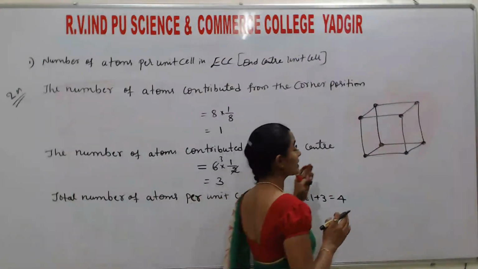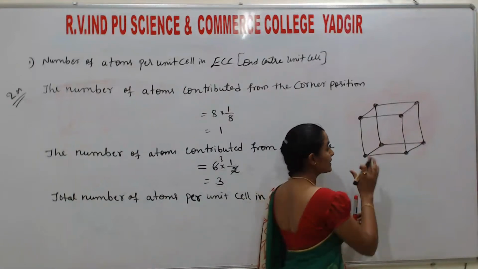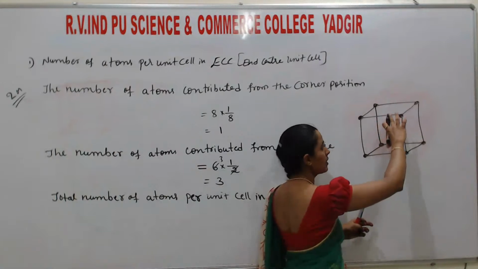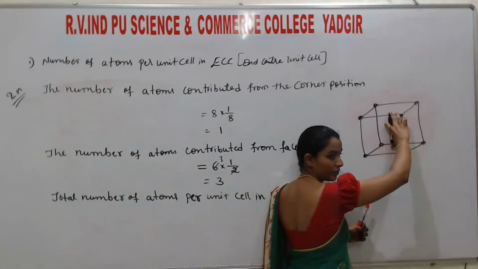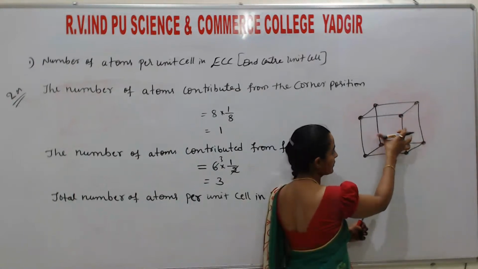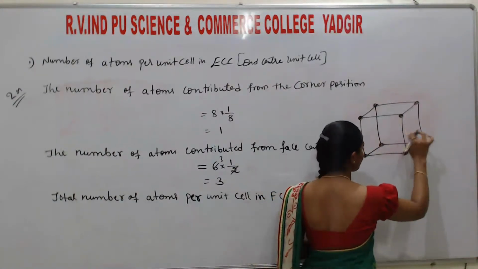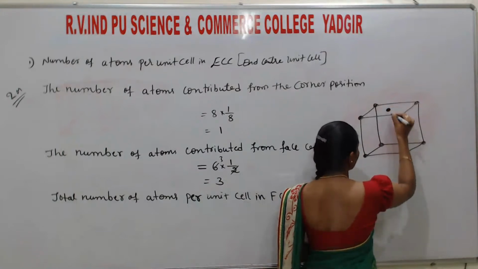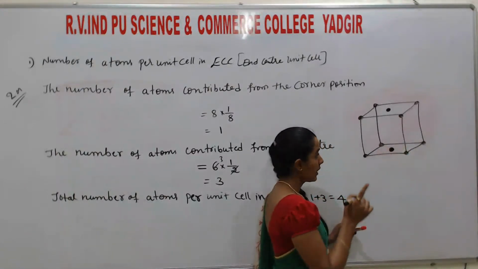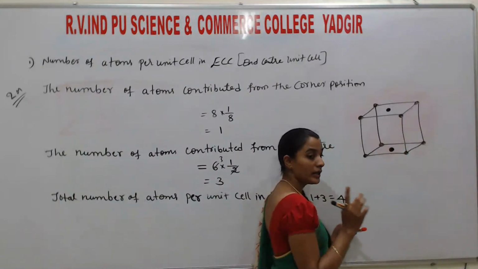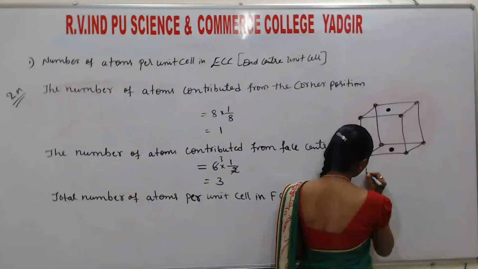Okay. So next, what is end center? I told 6 faces are there. So end center means 6 faces, 3 opposite faces. Above and below is one opposite face. Left, right is one opposite face. Front and back is one opposite face. So in this, students, at any one of the opposite faces, the constituent particles are present. Among 3 opposite faces, at any one of the opposite faces, the constituent particles are present. That means it is shared between